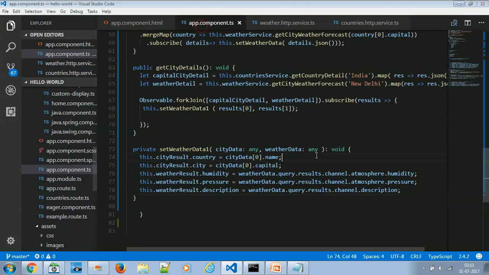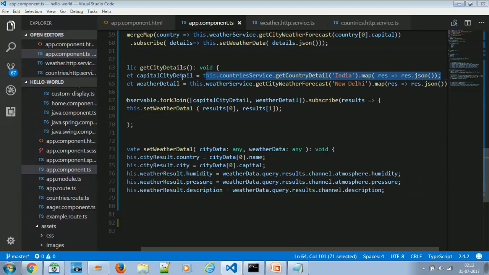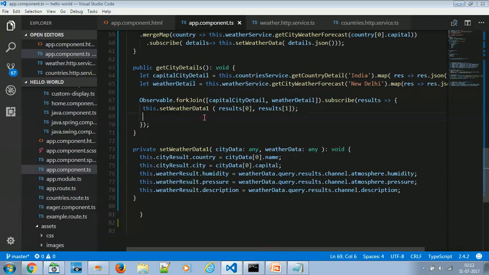Okay, so here when I call get city details, what we can do is you can have two different variables, or as many variables as many services you are calling, and just get the reference of this service. Call this service method, invoke this service method and map it and store the reference in these variables, and then you can finally call just a single or 2-3 lines of code. Just call this observable has a method called fork join, and this takes array as an argument. Okay, and in this array you can give the number of services that you want to call at the same time. So for the sake of simplicity, I am taking only two services.